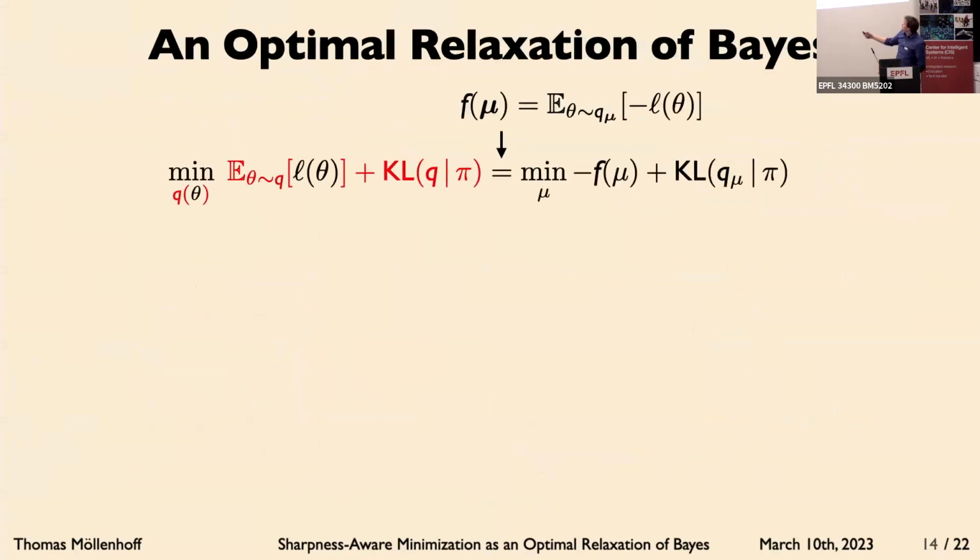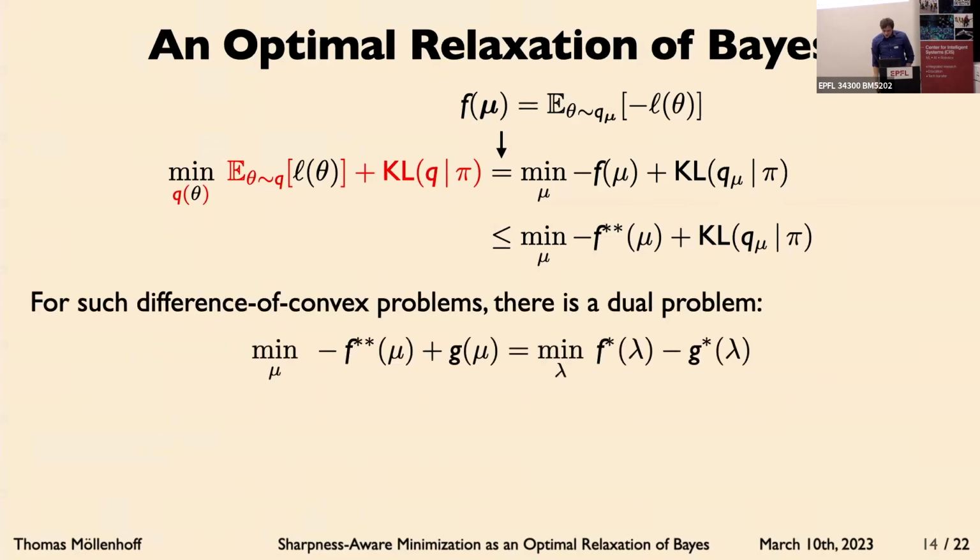Okay, so given this construction, what do we do now? We start with our Bayesian approach. We simply rewrite it, so nothing happened here. We just had the negative expected loss. We rewrite it as minus the expected negative loss, because the expectation is linear, we can just do this step. And now by doing this, we can plug in our optimal convex lower bound, which will give us an optimal concave upper bound to our Bayesian problem. So this is a way to construct the bound.